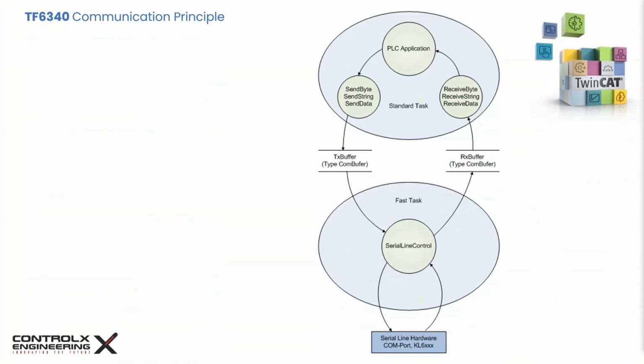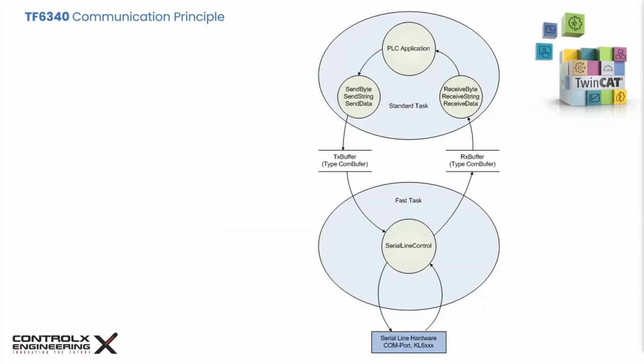The maximum effective data transfer rate depends on the PLC cycle time. As an example, for communication with a serial device at 9600 bits per second, a cycle time of 1 millisecond is required. In many large applications, such a short cycle time for the whole PLC would heavily load the runtime IPC, depending on its performance level. Since for most applications, longer cycle times of 5 or 10 milliseconds are usually adequate, it is possible with the aid of this library to decouple the data traffic between the PLC and the hardware from the rest of the